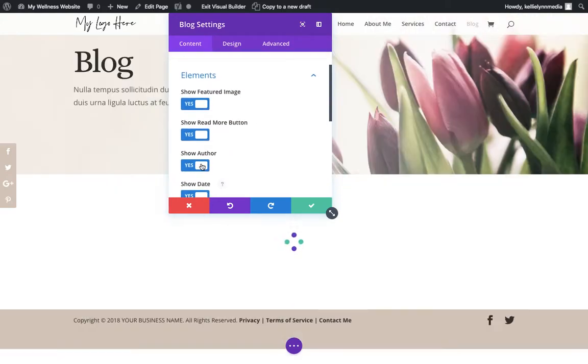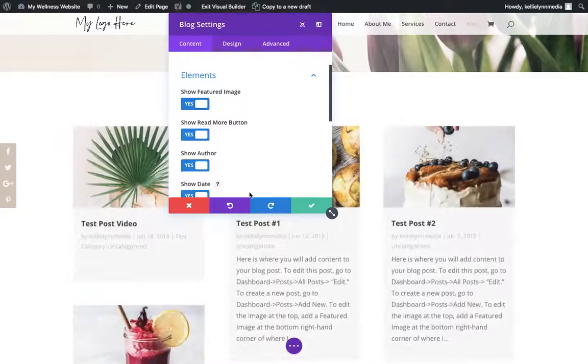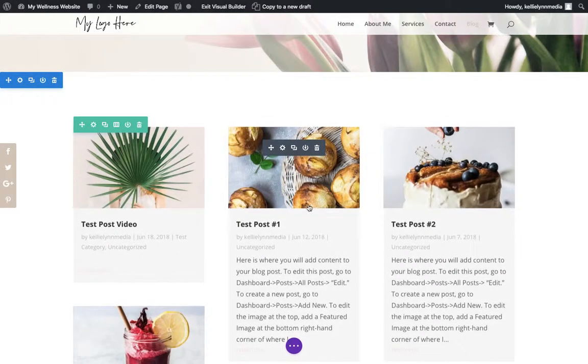Show author, you can choose to not show the author, especially if you are just a party of one and you don't need to show the author. Like for example, if I was just using this website for myself, I don't really need to show the author because they know that I'm always going to be the author, so I can go ahead and click no on that. But if you do have guest authors, I do recommend having that. And that is it. That is how you add a new blog